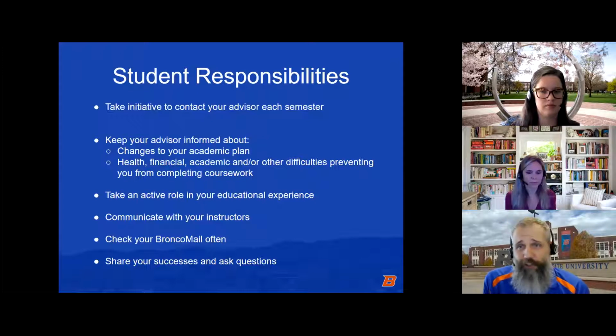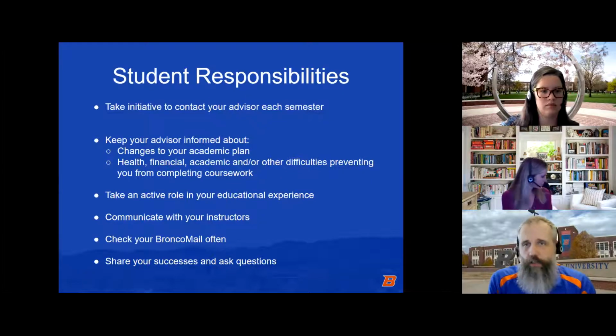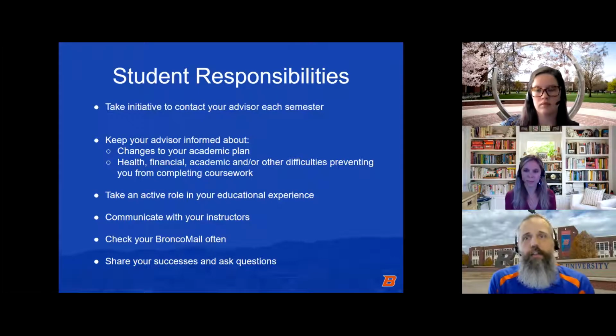Also, one of our biggest things that we advise is stay in communication with your instructors. The online experience is a bit different than being in person, but those instructors are there just as much as an in-person instructor. So, any issue that comes up, questions, anything that may cause a need to ask for an extension on an assignment or something like that, reach out to your instructors. Don't be silent with them. Don't think that they don't understand what a student is going through.